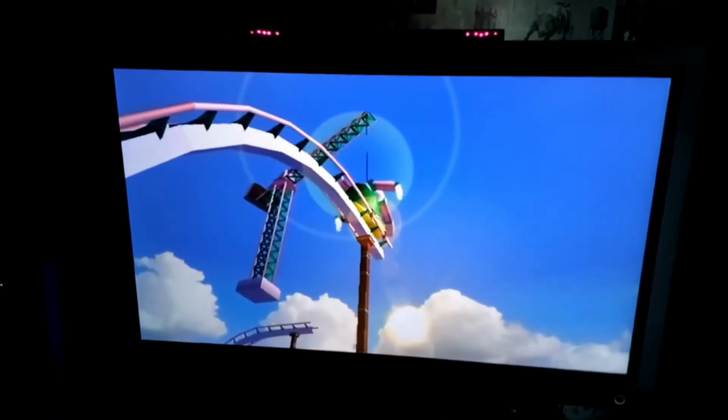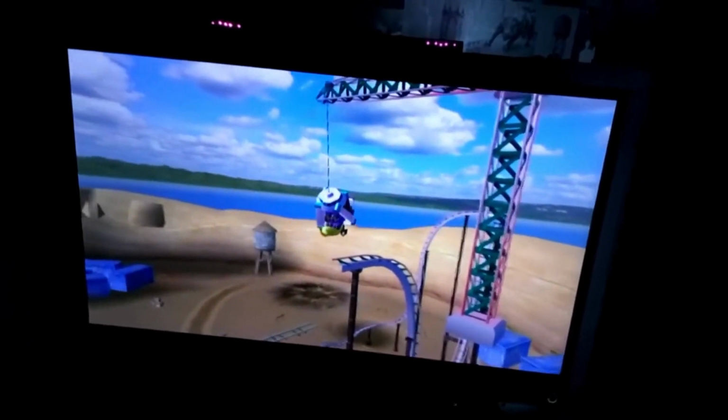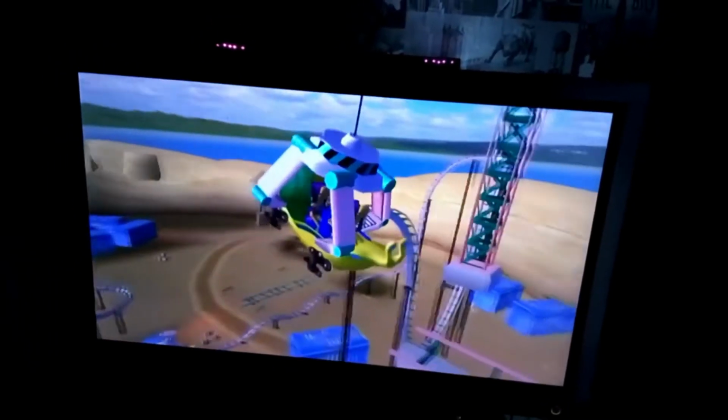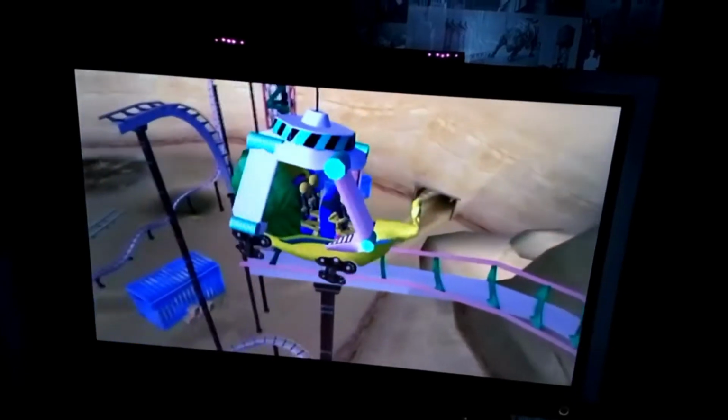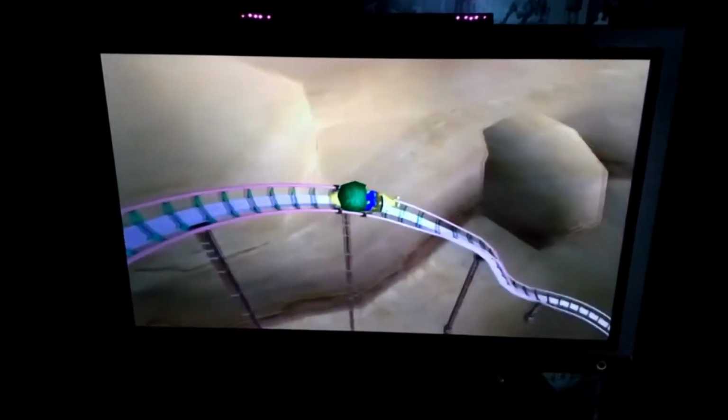And you can see here it actually features a crane that lifts the snail across from one side of the track to the other. And you can see here, once the crane releases the snail, it then goes all the way down the remaining track with a loop or 2 loops,